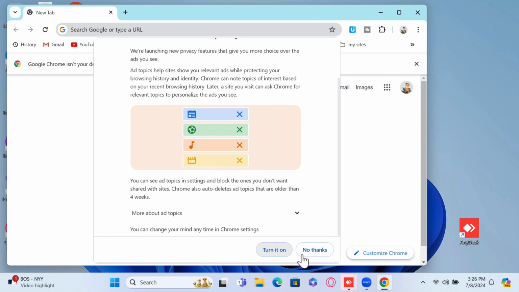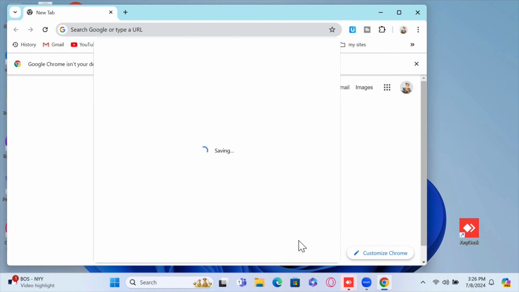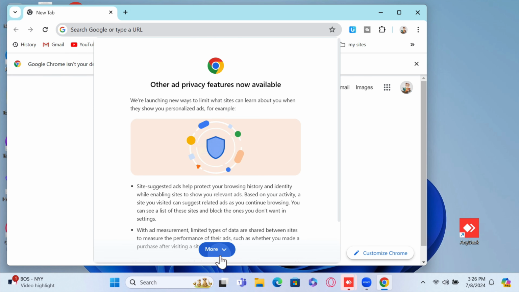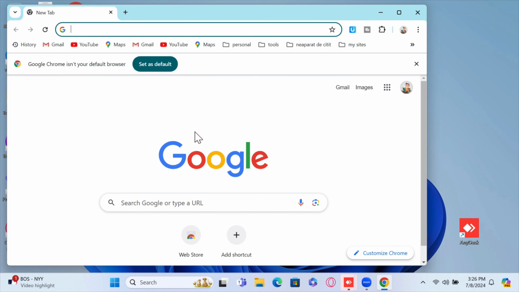Start by opening Google Chrome on your Windows PC. You can find it in the Start menu or by searching for it using the search bar next to the Start button. If you use Chrome Sync, your passwords can be accessed on other devices as well. Ensure that you are logged into your Google account in Chrome to use this feature.